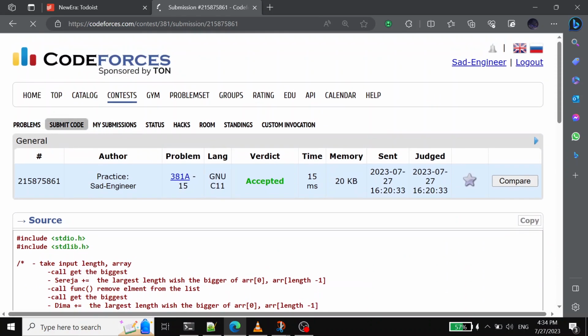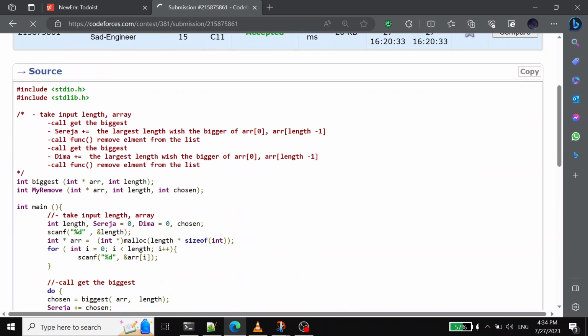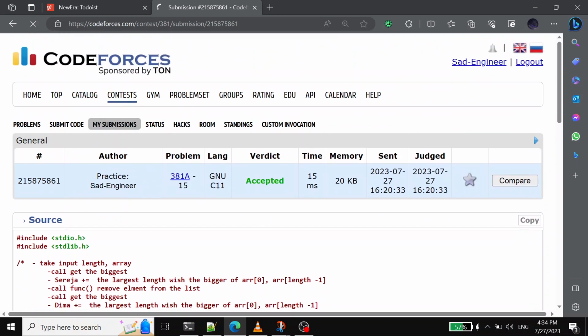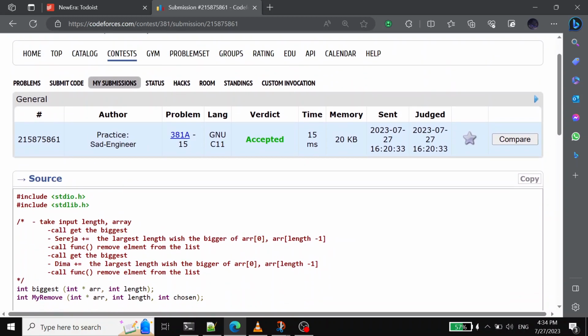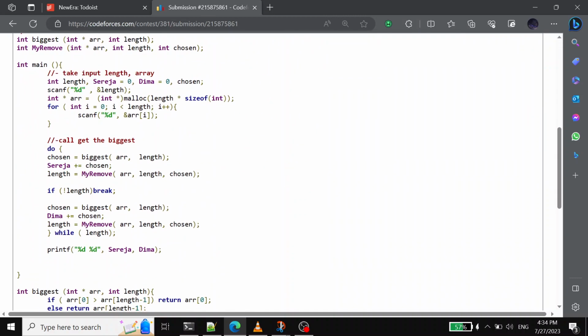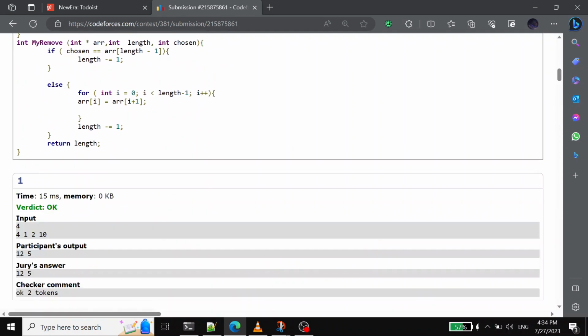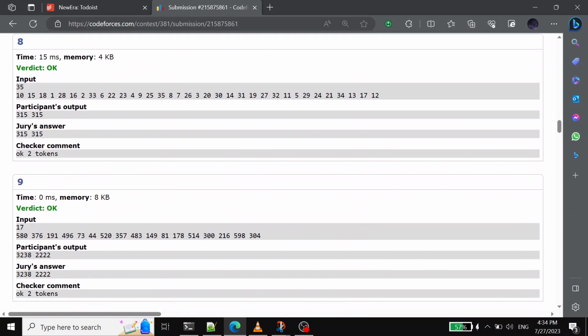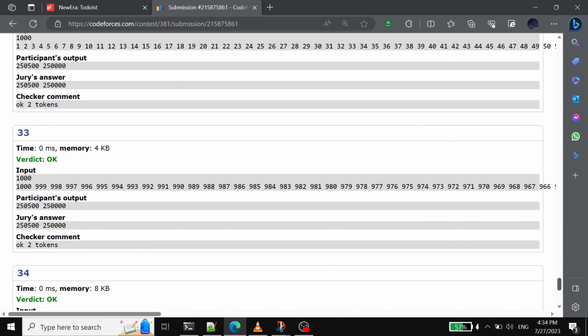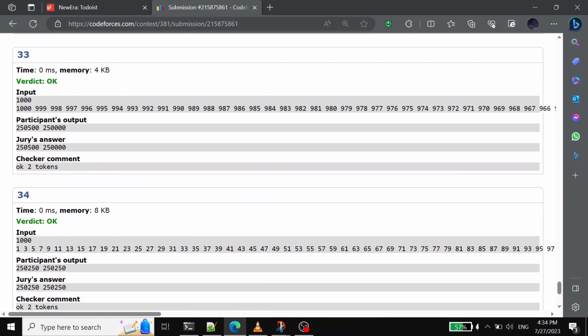Well, I can submit. Need to go to my submissions. Or maybe I don't need to, because it is accepted here, as you can see, and this is just my code. Can click here, OK. It passed all the tests,